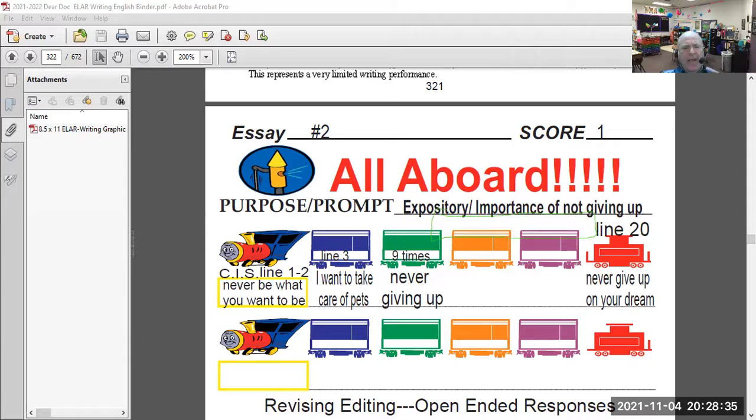That was too vague, so the state just gave a one. There's nothing specific about that. If I had a bunch of other examples, then maybe they would sometimes get a two, but since there's only one example and it wasn't explained, it was too vague. And this essay has a lot of grammar problems, so it's too hard to understand. The next one,